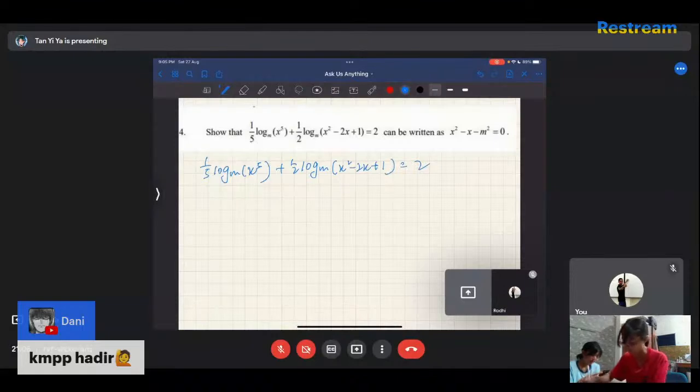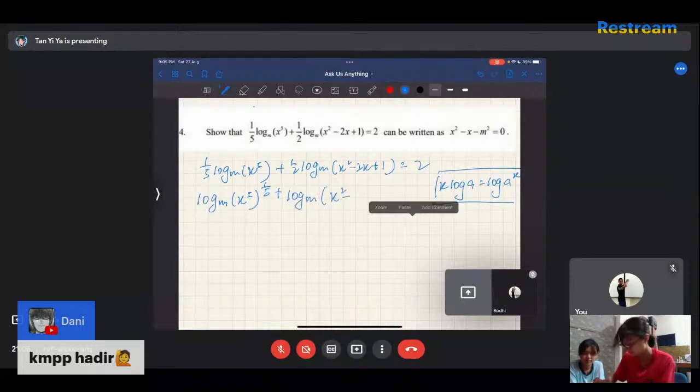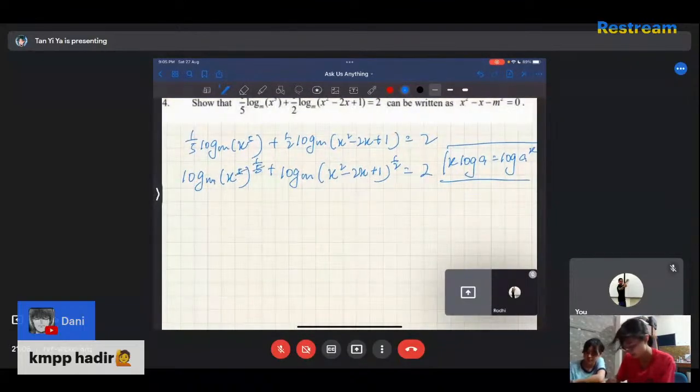So as we know that x log a equals log a to the power of x. So we can just do it like this. x to the power of 5 to the power of x, log n equals to, just move it, it becomes a power. Okay, so simplify this, it will become log m x, and also,